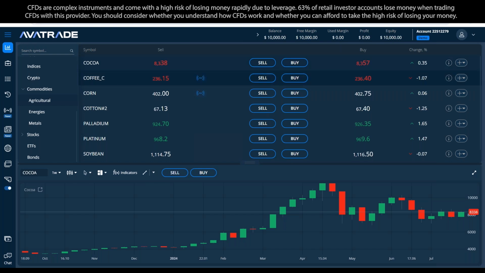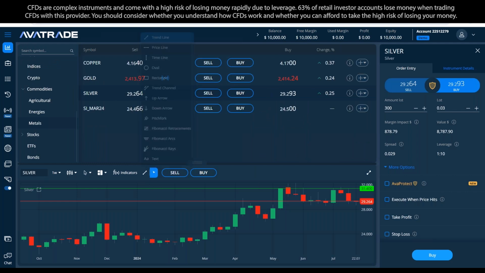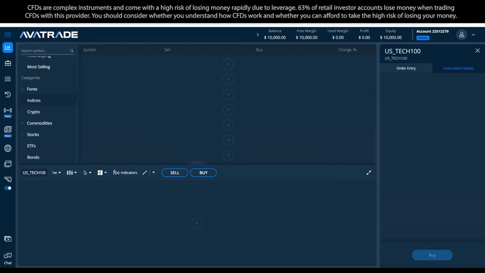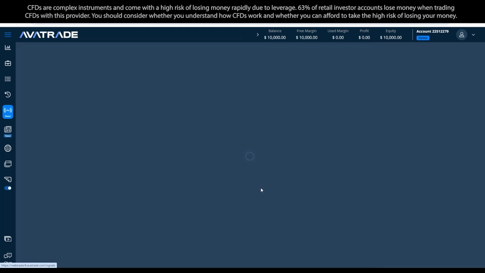The advantage doing it from here is that I can search my asset and pick it from the list, just like I did now. And it's going to show me if it has a signal or not. Okay, that's the advantage. If I'm doing it from here, I can look for NASDAQ, see if it has a signal. Okay, I'm picking it from the list, right? And now you see it's showing me that it has. This is if I do it from here, from the outside. Now, if I do it from the signal section,